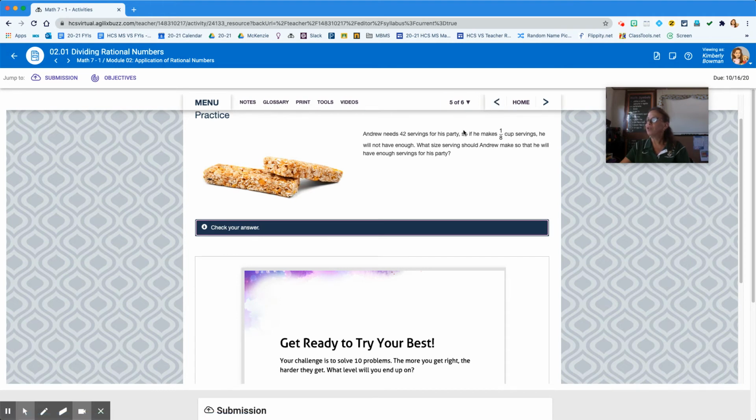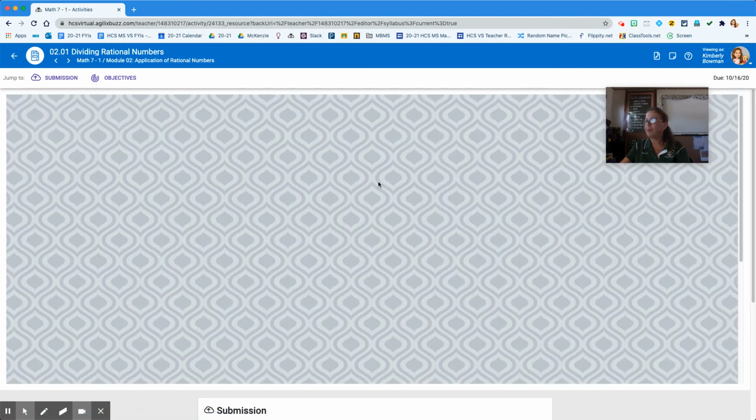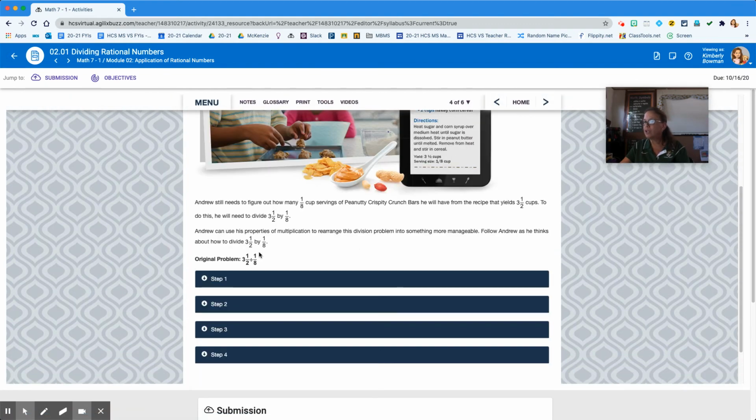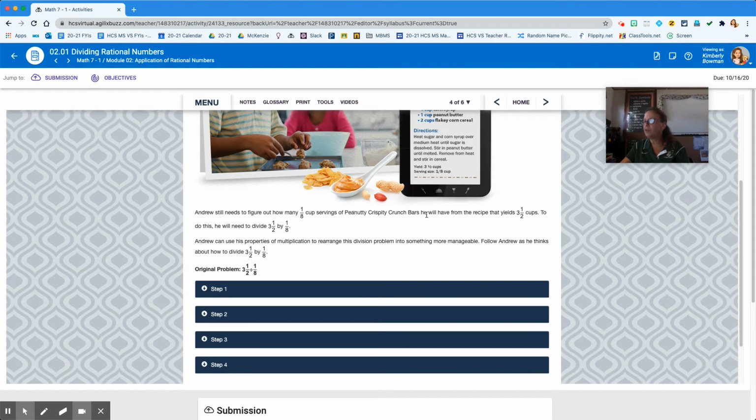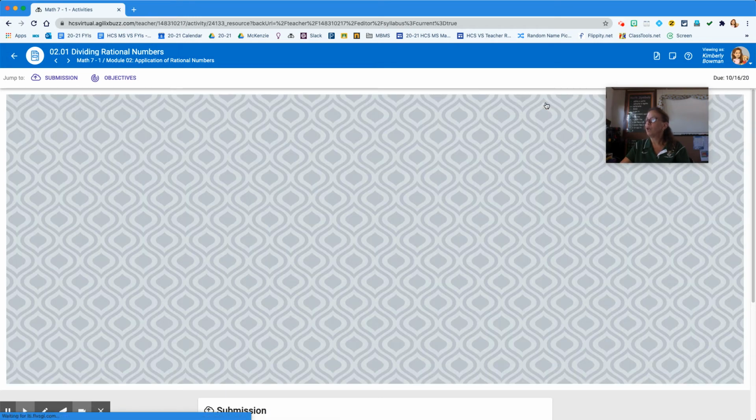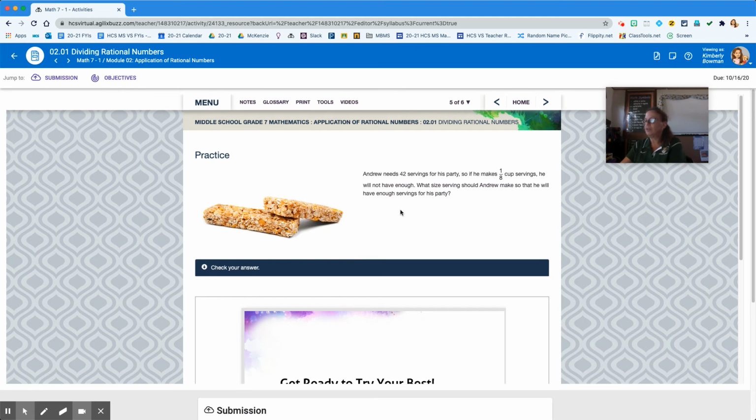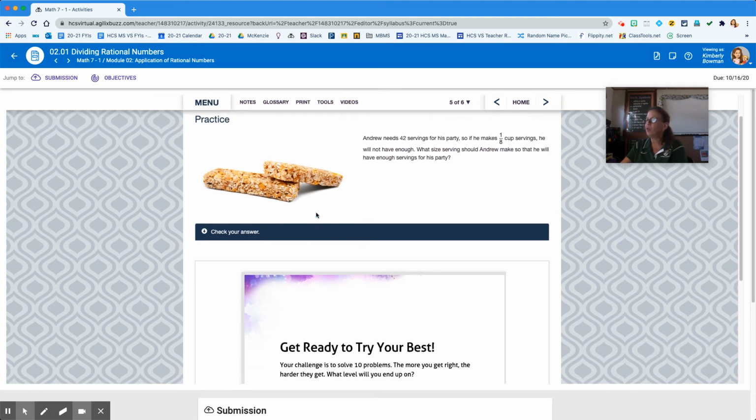So he needs 42 servings of those crispity crunchy bars, and I should have gone back here and looked and seen, okay, so it makes 3.5 cups total, and he would need to divide that up into 42 equal portions. So again, I said the word divided, so we would take 3.5 divided by 42,